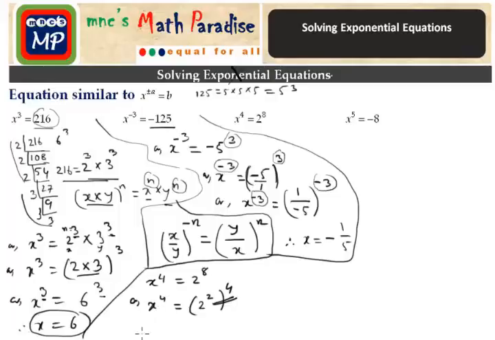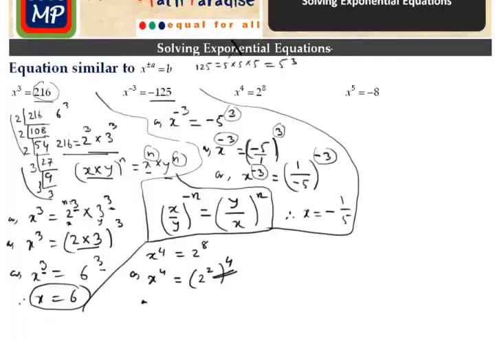So therefore, we can write from here, if we take a little bit more space here, that x to the power 4 equals, 2 square is 4, so 4 to the power 4. So these two powers are the same. So we can write x equals 4. Now